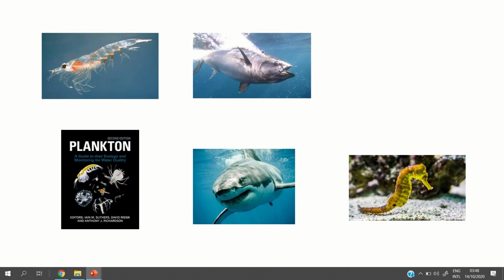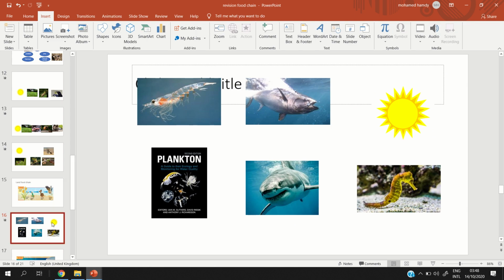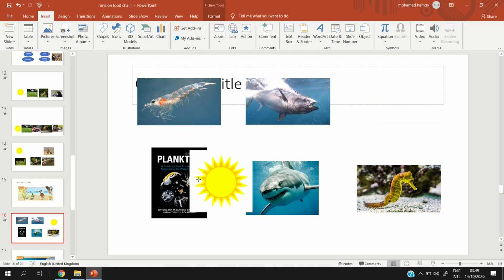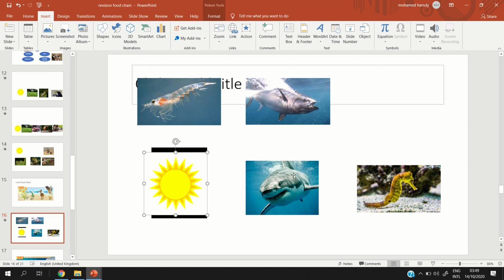And what about the water food chain? So we know how the food chain happens on land, and now I want you to tell me how it happens in water. Okay. The food chain in water starts with the sun. Super. It starts with the sun. So let's arrange it. Number one, the sun. And after the sun,